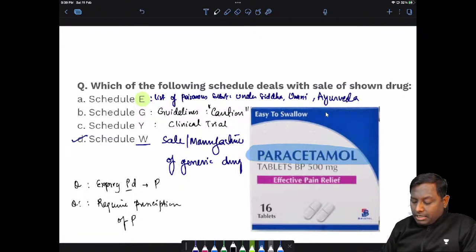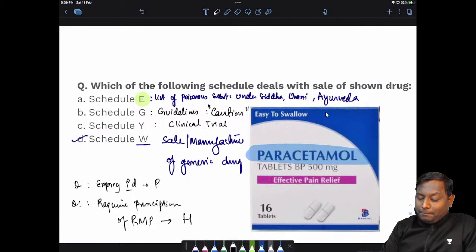What is RMP? Who is RMP? Registered medical practitioner. This will be your schedule H. And last but not the least, that you should never forget, will be